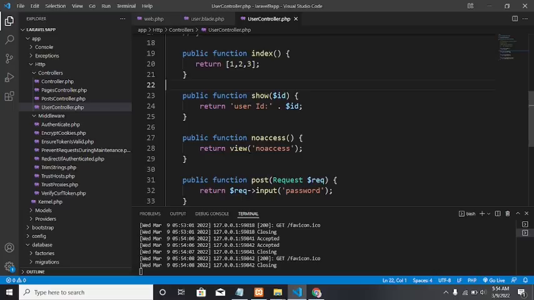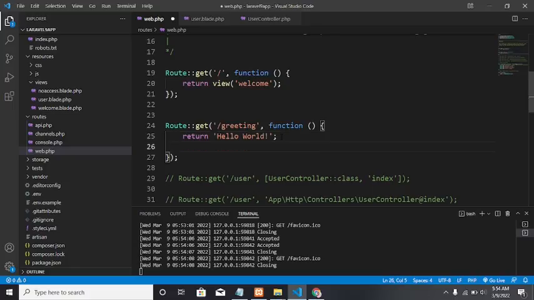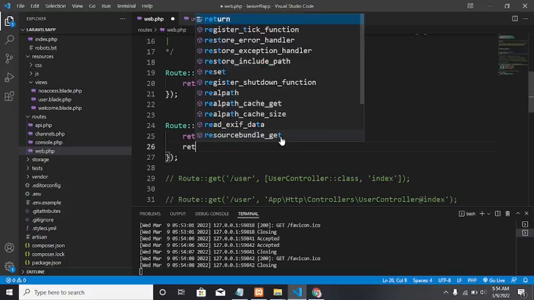So we also have return redirect, right? Return redirect is simply redirecting a user to another URL. For example, when you look at the greeting endpoint here, we are returning hello world. Now if we access the greeting endpoint, and we don't want to return hello world, we want it to be redirected to another page, we can have something like return